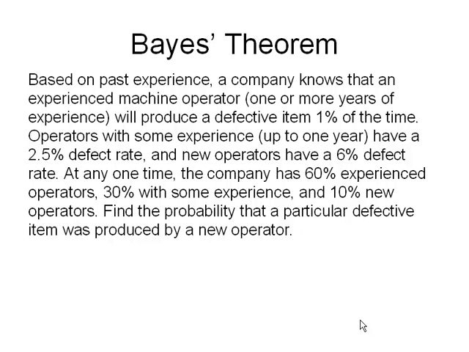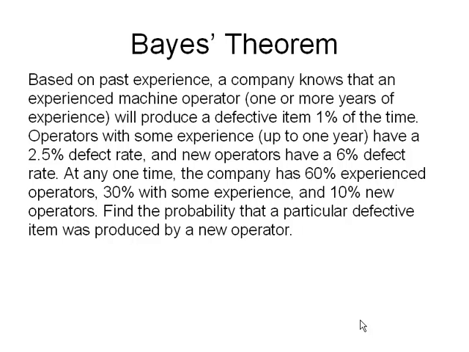Based on past experience, a company knows that an experienced machine operator, which means 1 or more years of experience, will produce a defective item 1% of the time. Operators with some experience, that means up to 1 year, have a 2.5% defect rate, and new operators have a 6% defect rate. At any one time, the company has 60% experienced operators, 30% with some experience, and 10% new